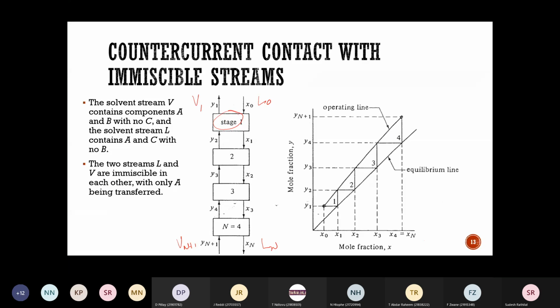If I look at any point on the equilibrium line, it must give me the same